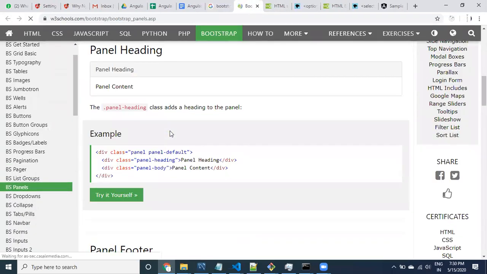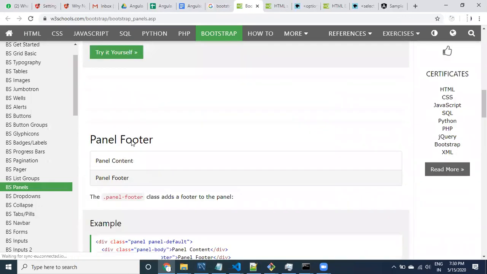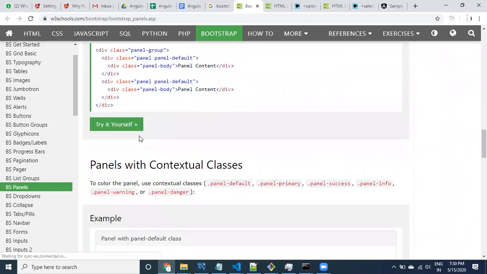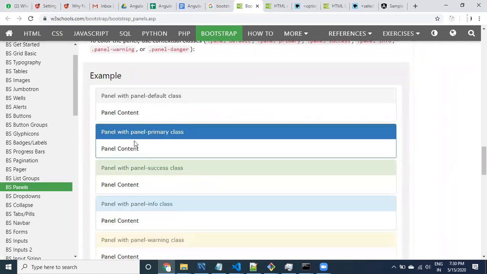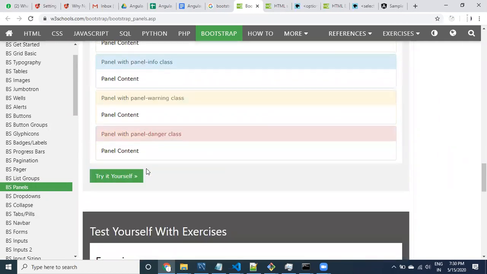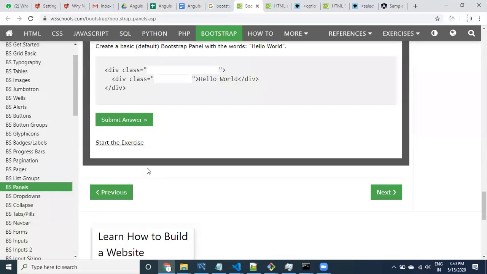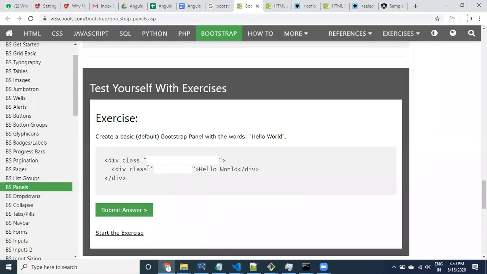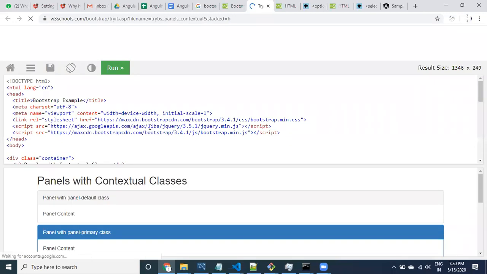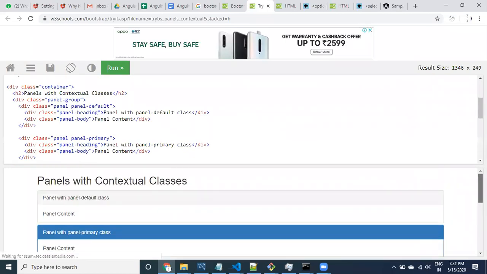See here guys, how this panel, yeah, this is a panel actually. These are the two panels, and you can take multiple panels also. See here guys, these are the different panels, right? Okay, I want to display this type of panels. Based on the data, I would like to display the panels. See here guys, these are the different types of panels we can display.